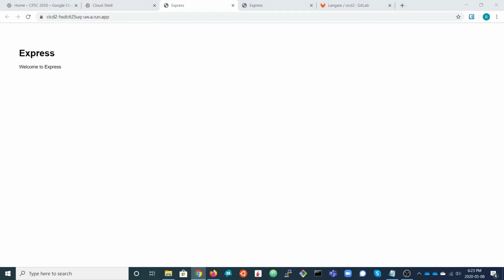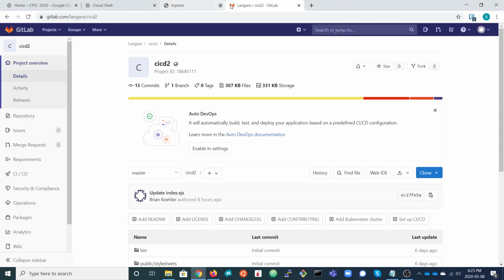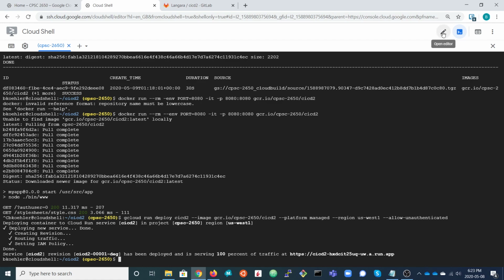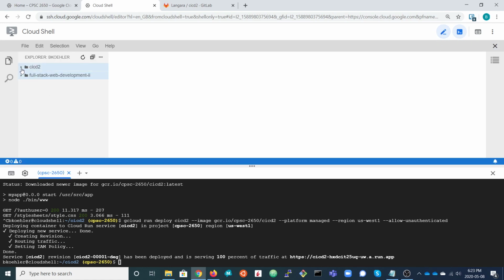What we want to do at this point is automate that process. So we want to build a GitLab CI/CD pipeline that is going to do the build and the deploy operation automatically anytime we commit a change to the repository of the application. So in order to do that, I'm going to open the editor, and I'm going to go into the project folder, CI/CD2, and I'm just going to turn on the hidden files here